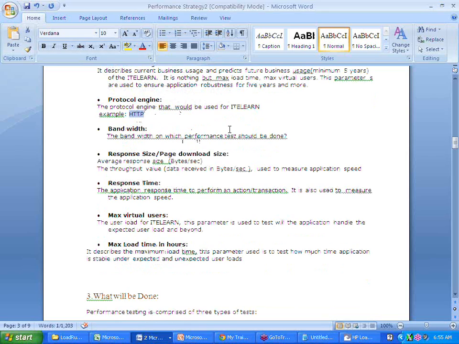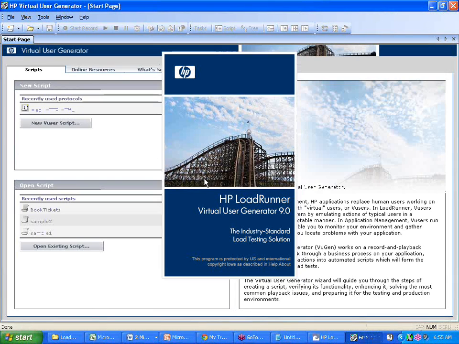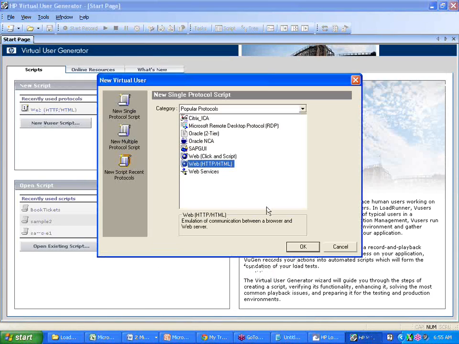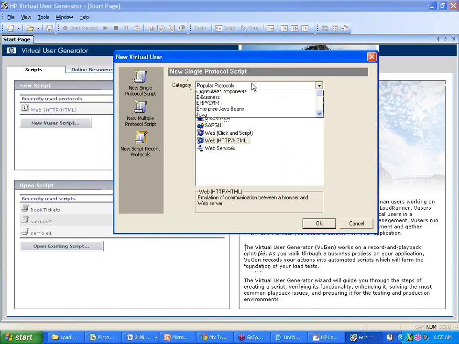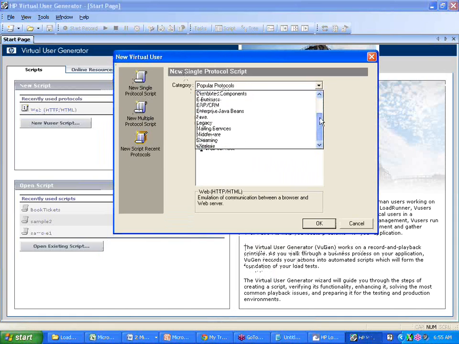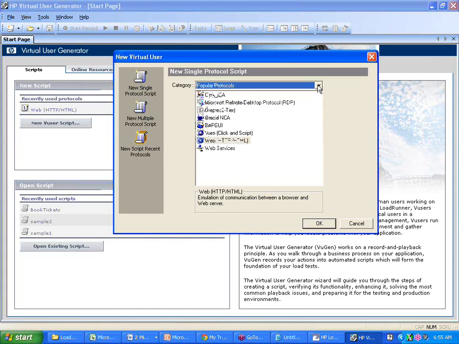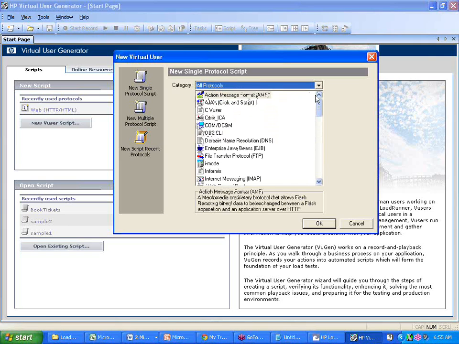Okay, and then we'll be picking up the protocol engine. So what is the protocol you're going to follow? So if you go to a new user, using your virtual user generator, there is a list of protocols here. Okay, these are the popular protocols and you have all protocols. If you select that, you can see all the protocols.